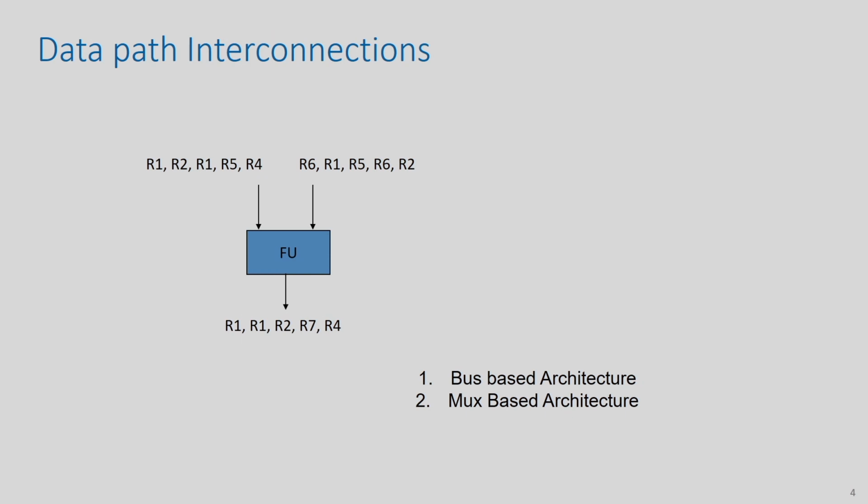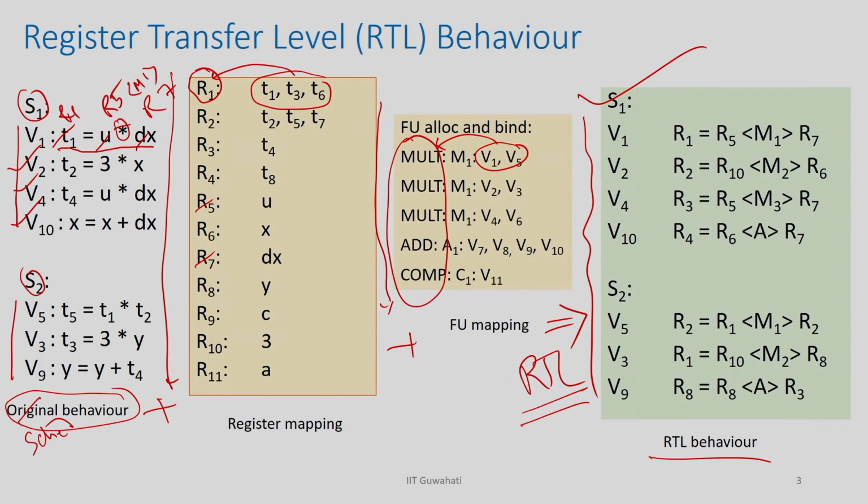Now let us understand what is this data path interconnection synthesis problem. As I mentioned, we already know that these are the operations going to happen in time step 1 in the register transfer level, these are the operations going to happen in time step 2, and so on. You might have many states, I am just taking 2 states for explanation purpose. So, for each FU, you can identify the possible inputs to this FU over all time stamps, right.